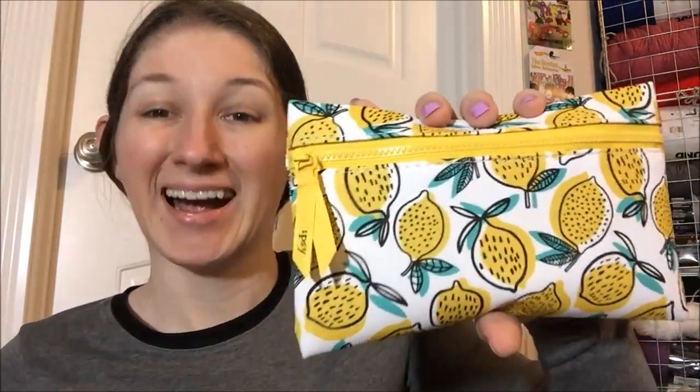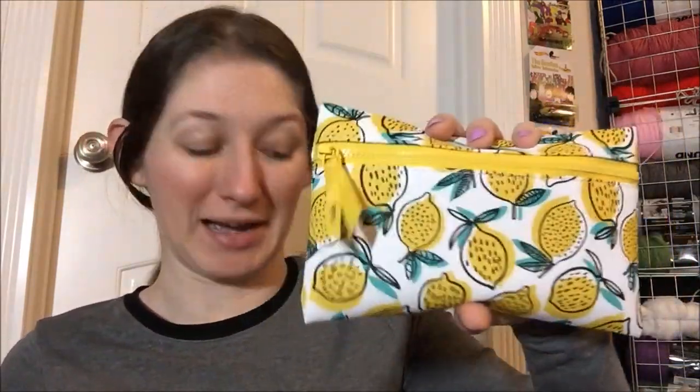First things first, I am in love with the bag this month. It is so freaking cute. All the little lemons all over it. Oh my god. And the little yellow ribbon. I love it. I think it's freaking adorable. Can I reiterate how much I love it? So,